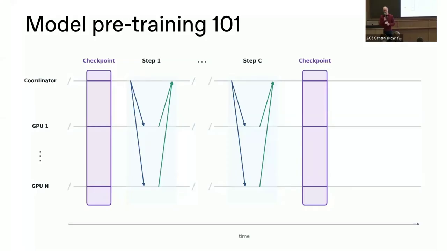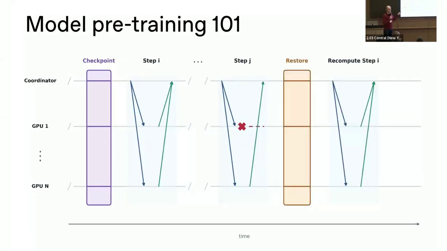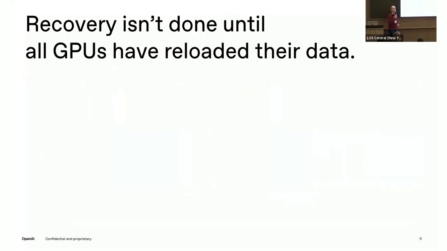So we take the checkpoints, and when inevitably something bad happens to the training, we say, okay, that step didn't pan out, just recover to the most recent checkpoint. This isn't free. This is time that we could have spent training. We're clearly not training. Not only are we paying for the recovery, we're also rewinding some number of steps because we don't checkpoint after every step. That would be ludicrously expensive. So we have to fall back to redoing all of the steps since the most recent checkpoint. There's pressure to checkpoint as often as you possibly can, which is a pressure on performance. There's also pressure on recovering as quickly as you can, because that is time that you're not training.